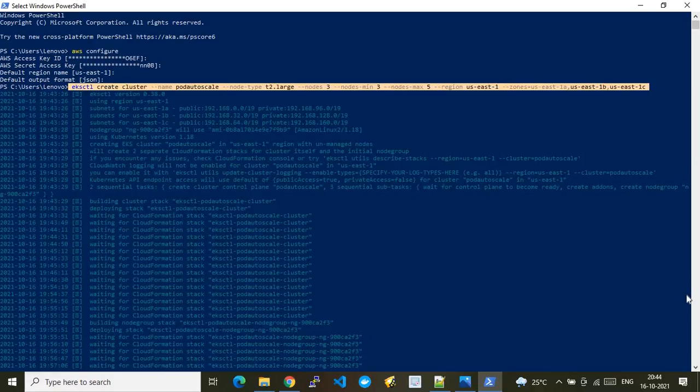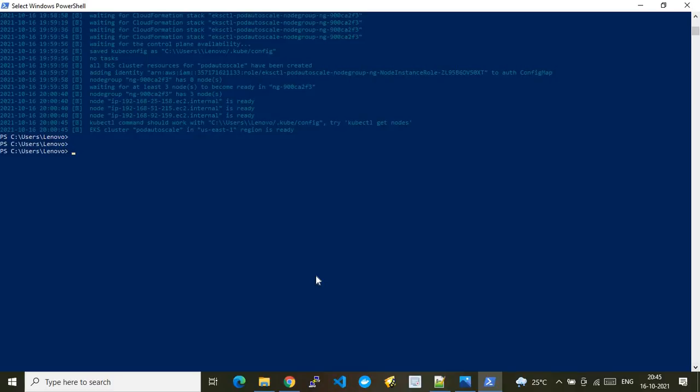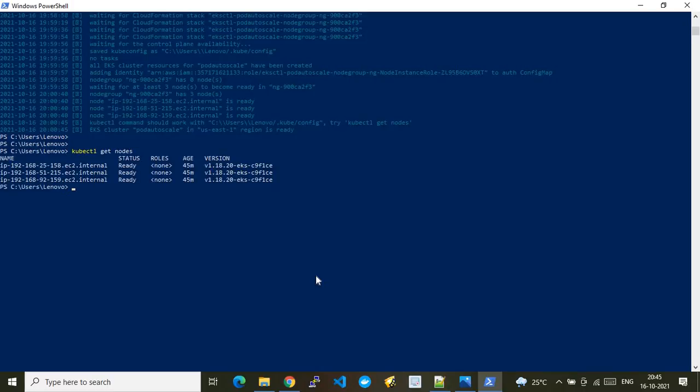As you see here, my cluster is up and running fine. I will query kubectl to see the status of my nodes, so let me run the command kubectl get nodes. Before you run the kubectl command, if you are using an existing EKS cluster, make sure that you update your kubeconfig. Since I created the EKS cluster in this PowerShell session, by default the kubeconfig gets updated with this session and points to the right EKS cluster.